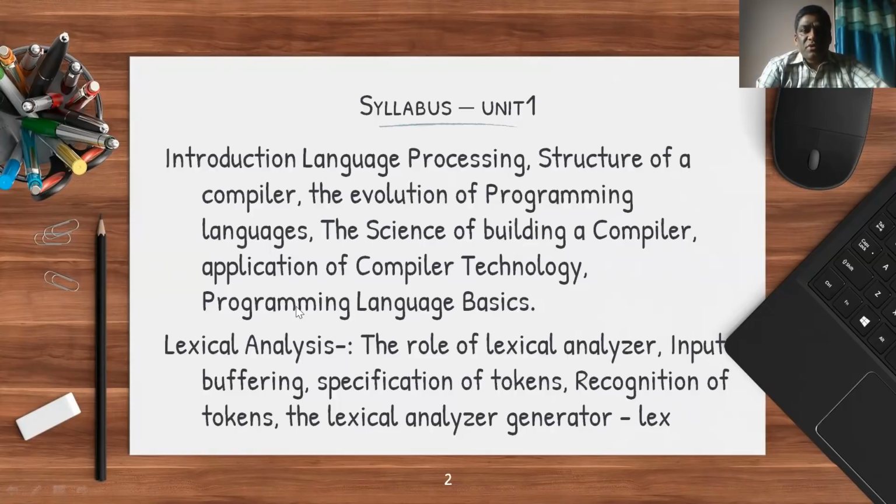And then we actually begin designing our compilers by considering the first phase of it, lexical analysis. We will understand what exactly a lexical analyzer is going to do in a compiler, and then how it will be efficiently constructed by discussing input buffering, and then how to specify the tokens and how to recognize the tokens. And finally, we will talk about a real-time lexical analyzer creator or generator, a special tool called Lex. So this is about your syllabus.